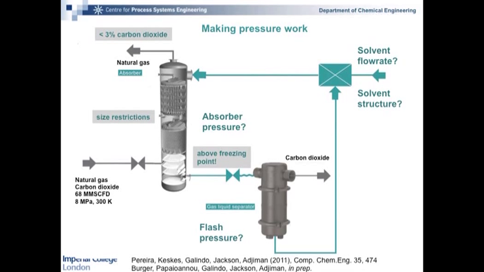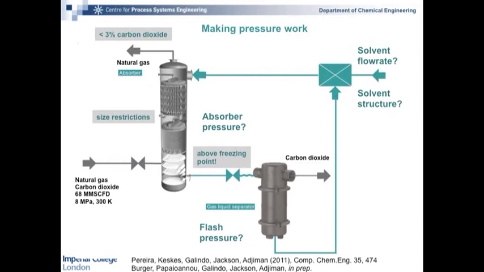Okay, one thing that we have working for us is that the gas comes out of the ground at a very, very high pressure, 80 times atmospheric pressure. And so we have a mixture of natural gas and carbon dioxide, let's say 50-50 mixture. And we're going to put this through an absorber. And in this absorber, we're going to have a solvent, which is going to come down and absorb the carbon dioxide, producing clean gas at the top.